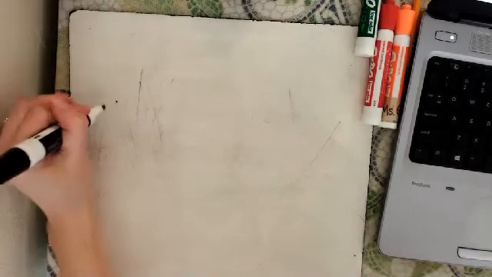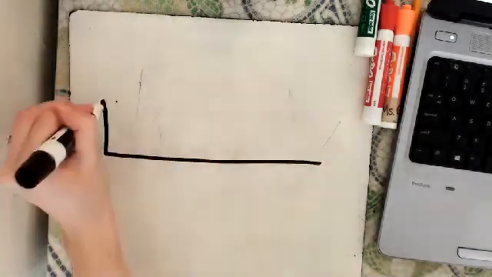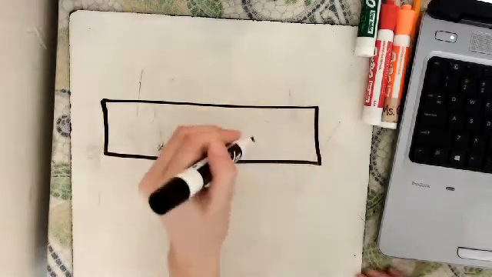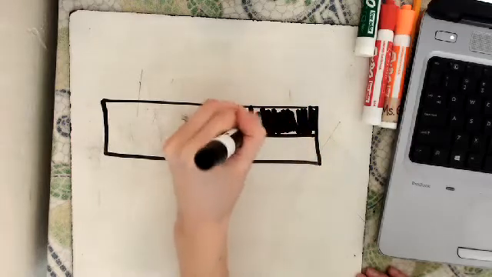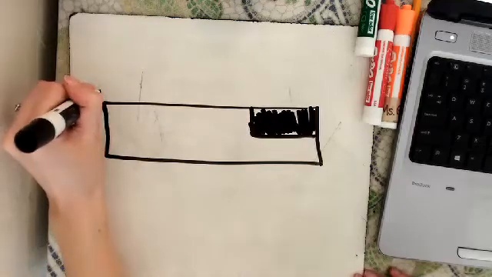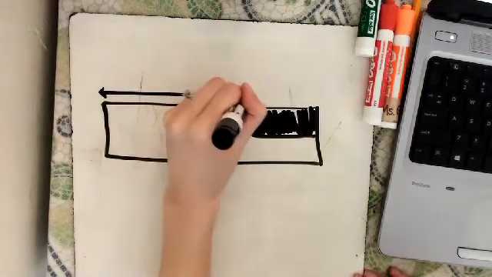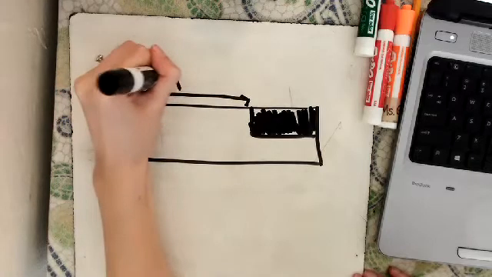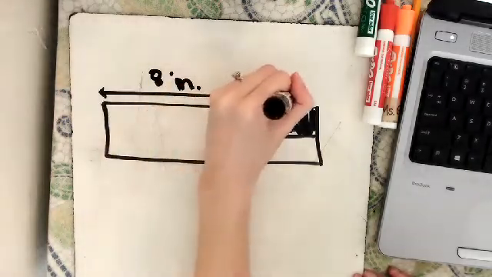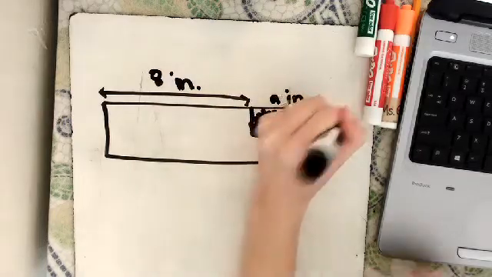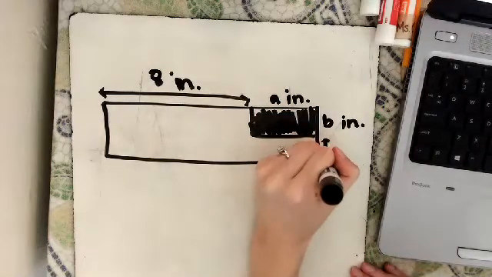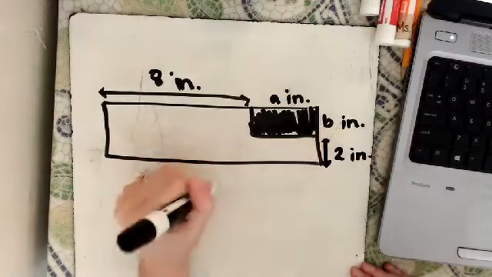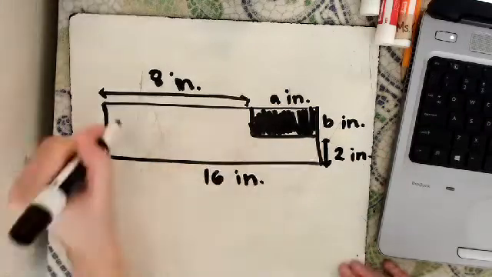So on this problem, there is a large rectangle, and then there's a smaller shaded rectangle inside the large one. It gives you some of these side lengths here, 8 inches. This part it calls A inches, and this part it calls B inches. Then they tell you this part here is 2 inches, the bottom is 16 inches, and this side is 7